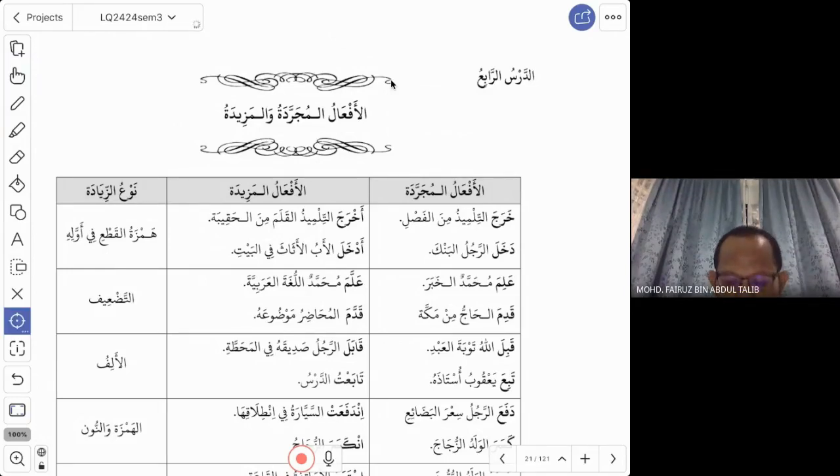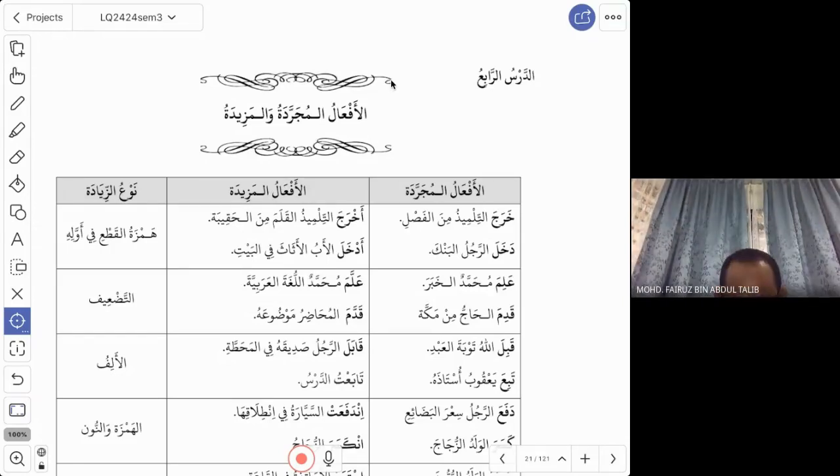Now, today we are going to learn a grammar lesson. Lesson number 4, al-af'al al-mujarrada wal-mazida. Before we start with the lesson, I would like to give you some information regarding Arabic